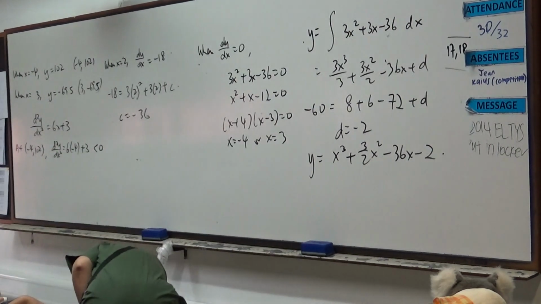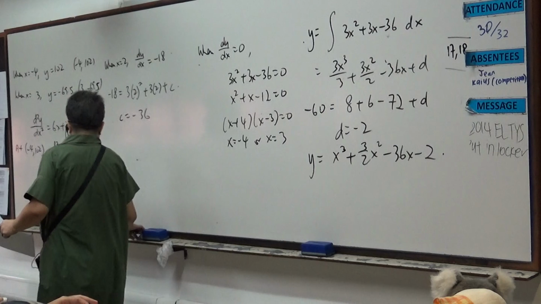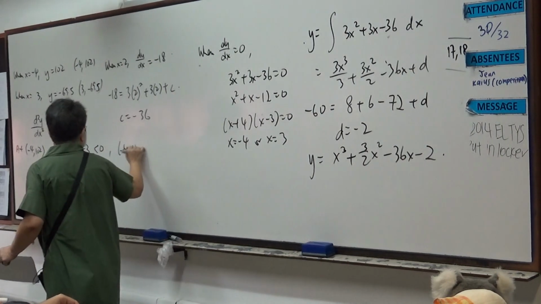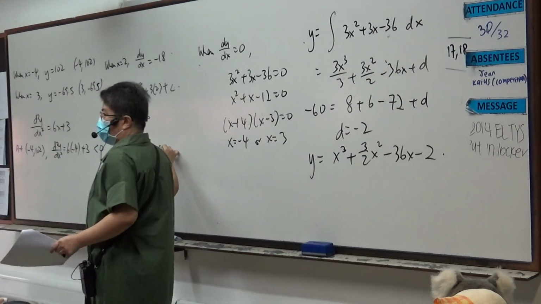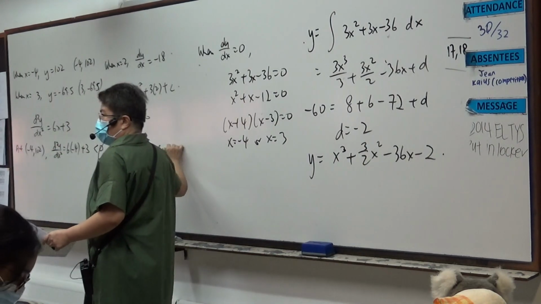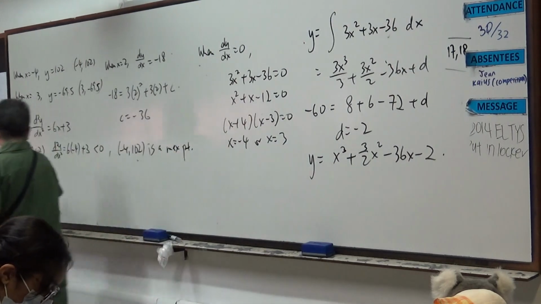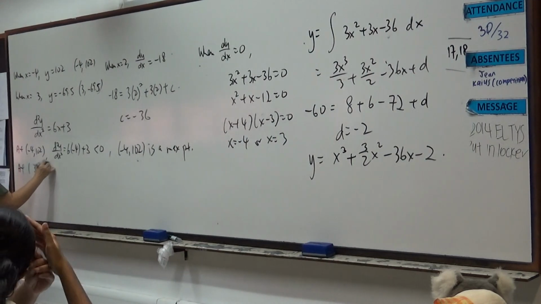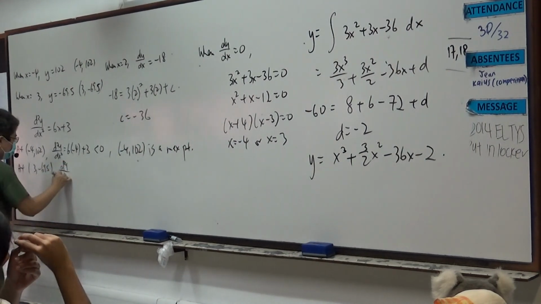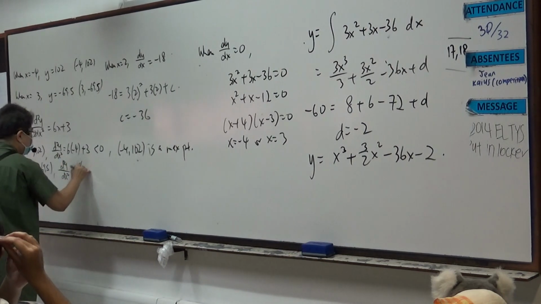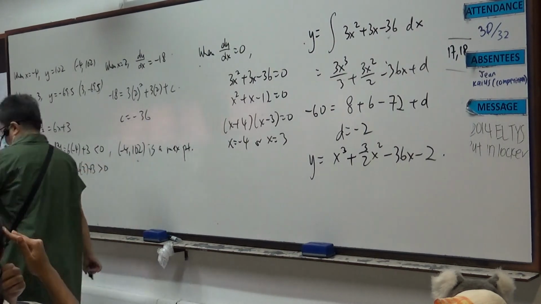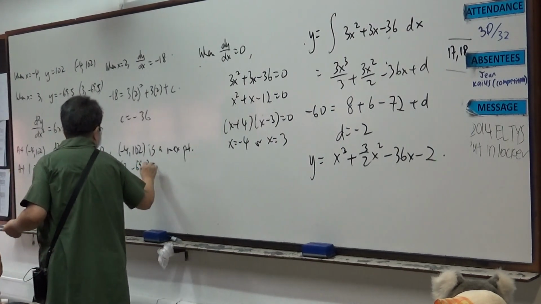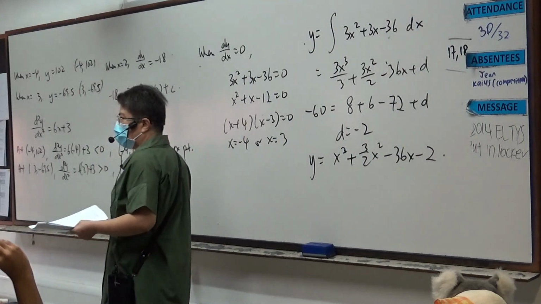That means what? Less than 0 means this point is what? Negative 4, 102 is a maximum point. Okay, now at 3, negative 69.5, d2y dx squared will be 6 into 3 plus 3. Now this is positive. So 3, negative 69.5 is a